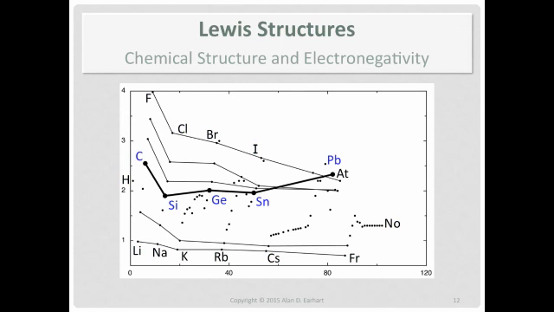Okay, it doesn't work all the time. There's column 4A, carbon all the way down to lead. That rightmost bolded one is lead. Okay, it just means you can't use this all the time, and as far as trends, it's a rough trend. It's much more complicated than just saying greater at the top and greater at the right. But it works a lot of times.